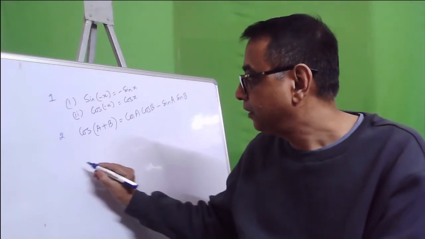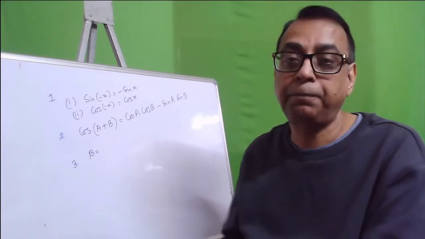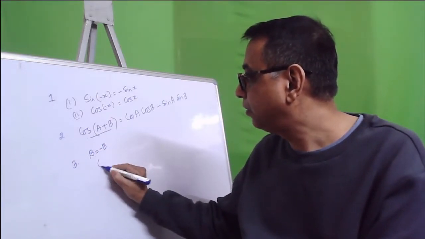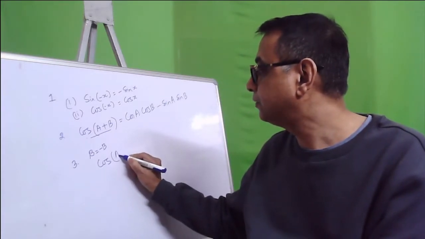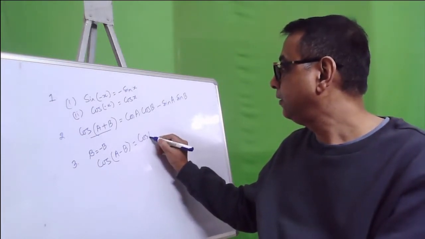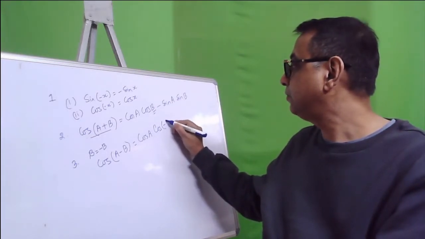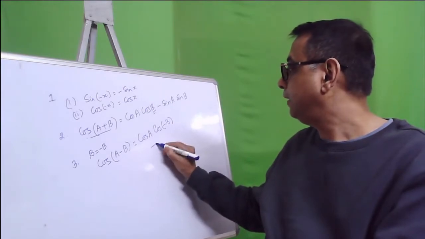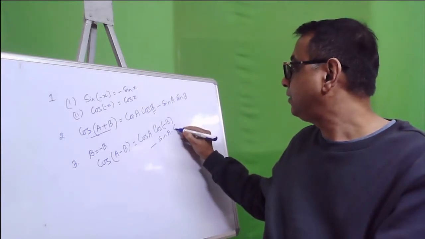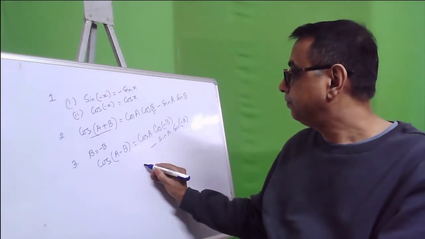First, number 3 identities. Let b be replaced by minus b. So then this expression will become cos a minus b. It will be equal to cos a, cos, instead of b we have to write minus b, minus sine of a multiplied by sine of minus b, which will become,